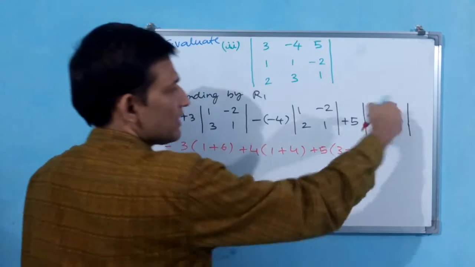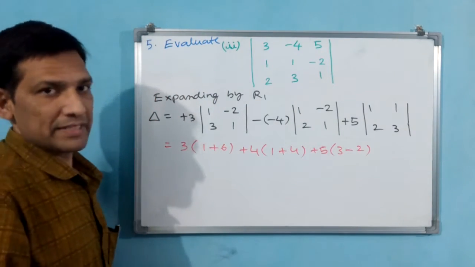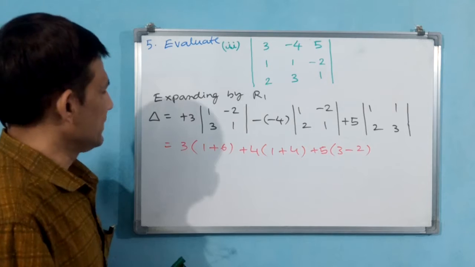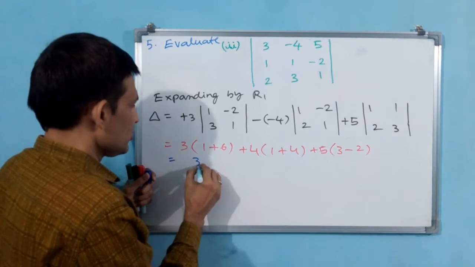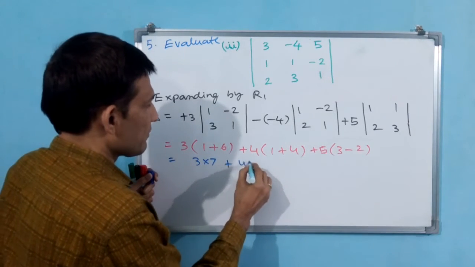3 minus 2. Here minus 2 only. Why? Because both are plus. That is why minus 2 we have to take. Okay. Let us do 3 into 7 plus 4 into 5